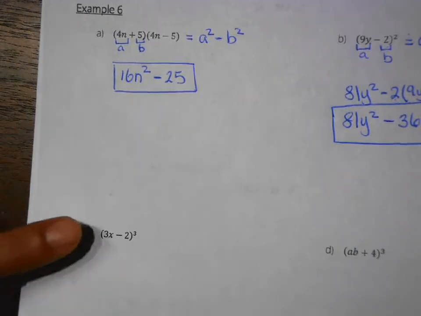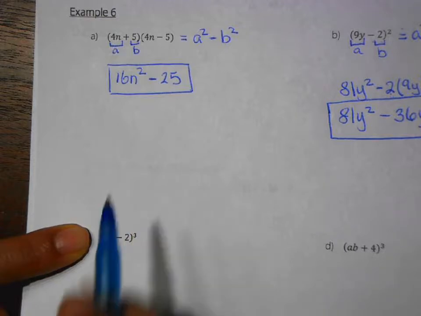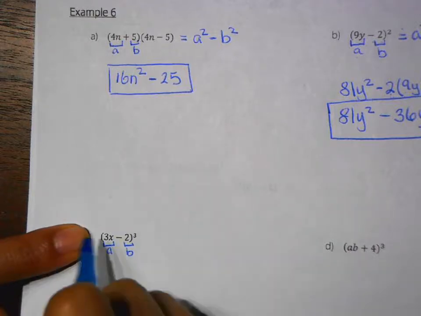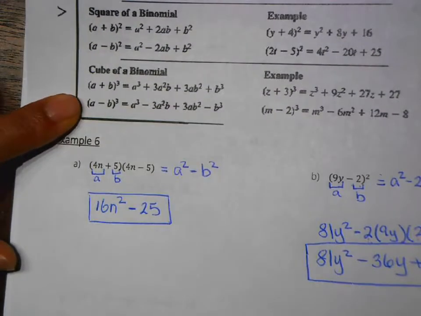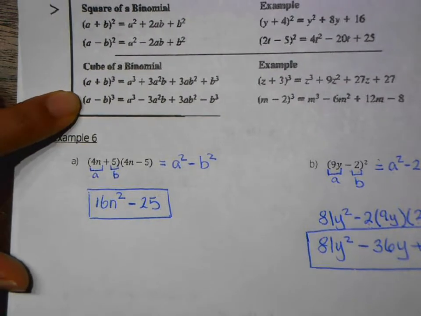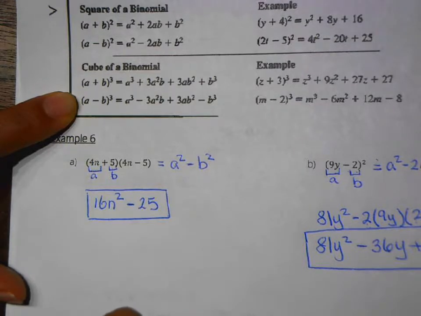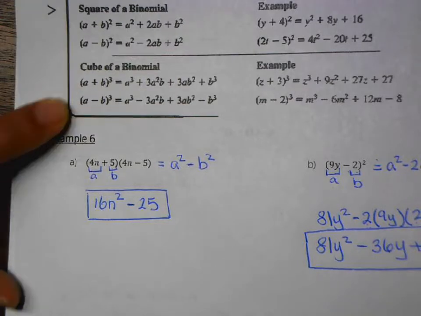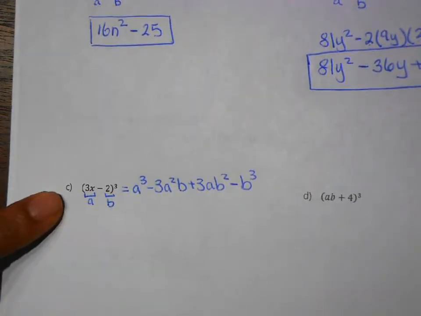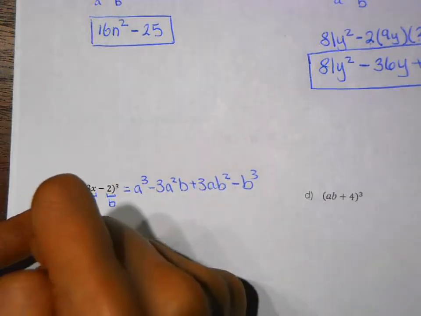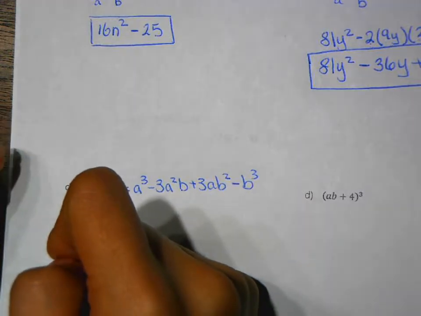Let's take a look at 3x minus 2 cubed. Your a is 3x, your b is now 2. It is a subtraction, so I'm looking at cubes of a binomial, a minus b. My solution is going to give me a cubed minus 3a squared b plus 3ab squared minus b cubed. That's the pattern that it's going to give me. So let's plug in my a's and b's. A is 3x. A cubed, that's going to give me 3 times 3 times 3. So that's 3 times 3 is 9, 9 times 3,